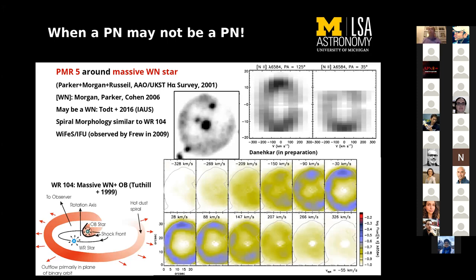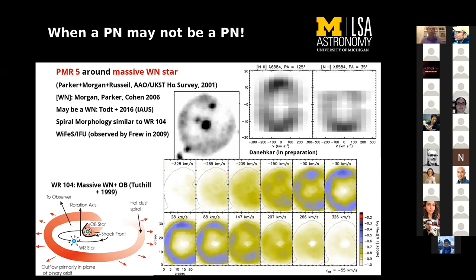And here you see the PV diagram of this object. As you see, the PV diagram extends up to a velocity of 300 for the polar expansion, and the mean expansion of the shell is also around 150 kilometers per second, which is not a typical expansion velocity of a planetary nebula. So this object could be a massive nebula rather than a planetary nebula. And interestingly, if you look at its morphology in the H-alpha image, it has some similarity with